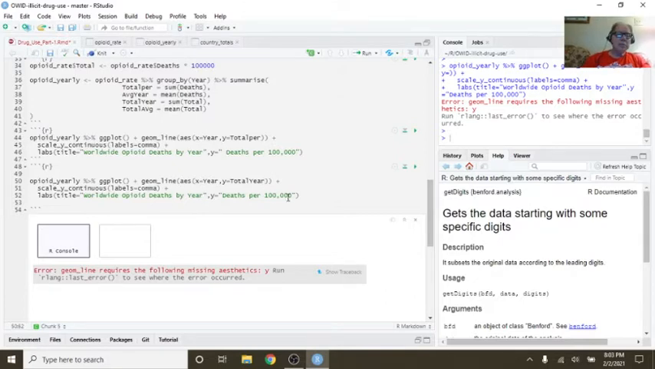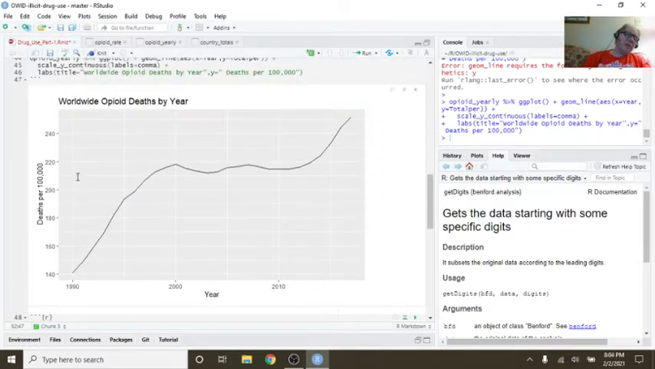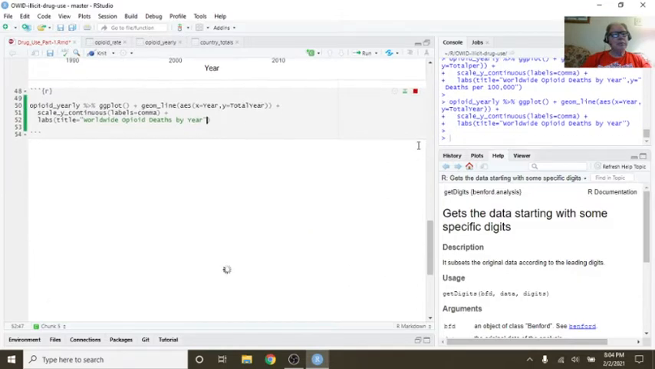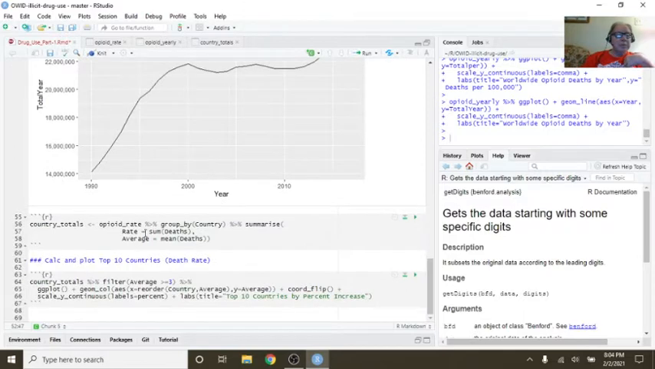Okay. So we don't need this anymore. Run this. So this is 240,000, 240 deaths per 100,000 people. Okay. And this, if we multiply it all out, we get up to 24 million. Much better. Now we can say opioid rate, country,